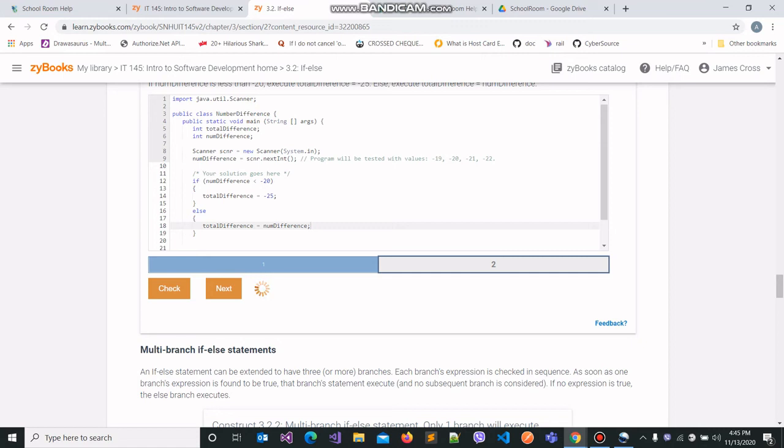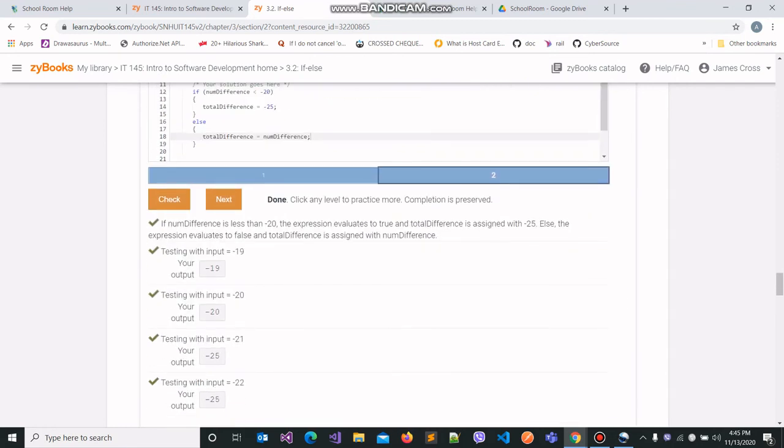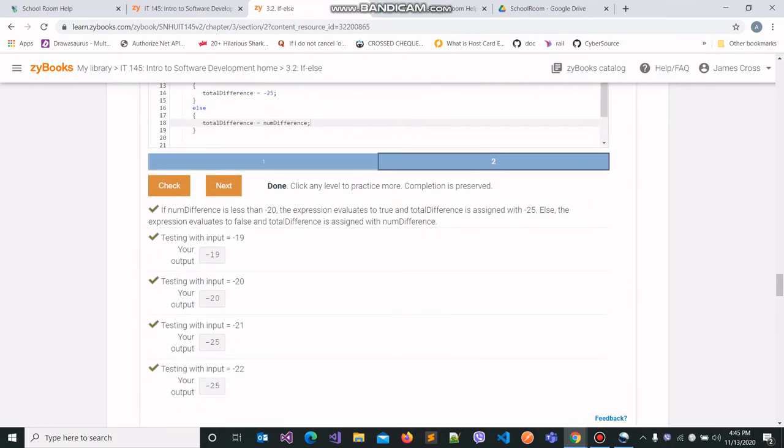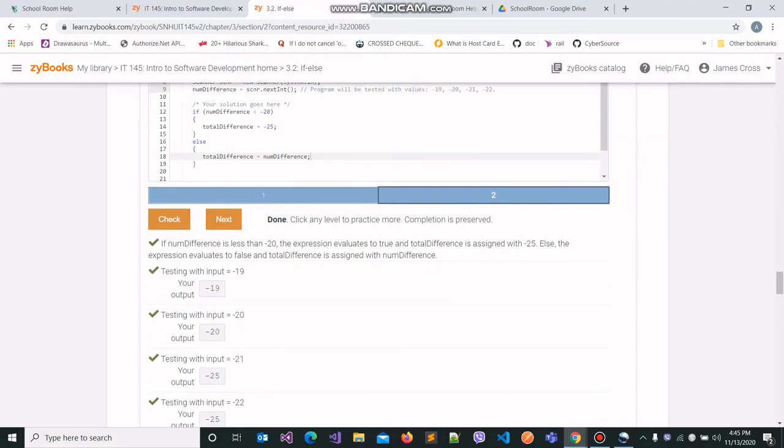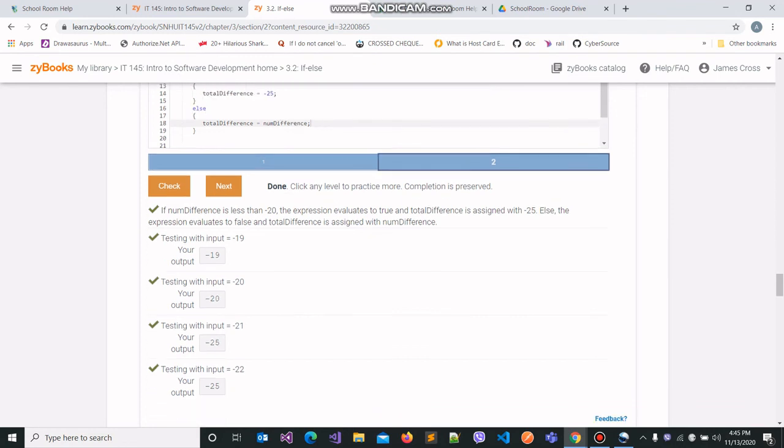We'll have to wait for the program to execute. Just to review, if num difference is less than minus 20, the expression evaluates to true, then total difference should be assigned the value minus 25. If num difference is greater than minus 20, which means this if condition would evaluate to false, then assign total difference the value that the variable num difference holds.